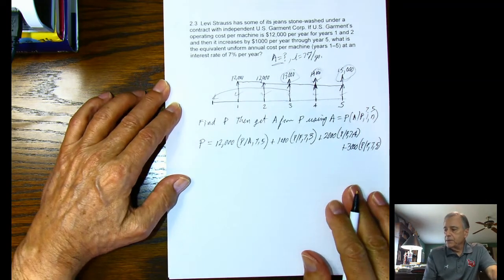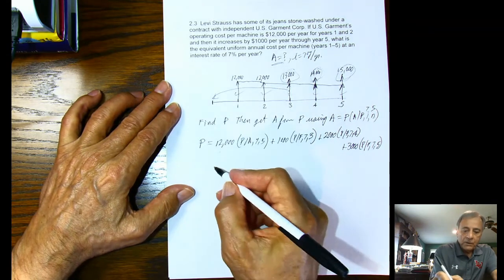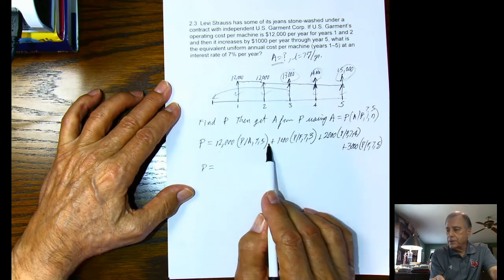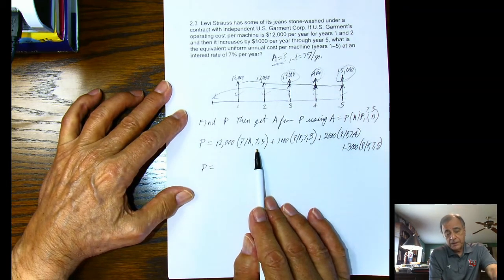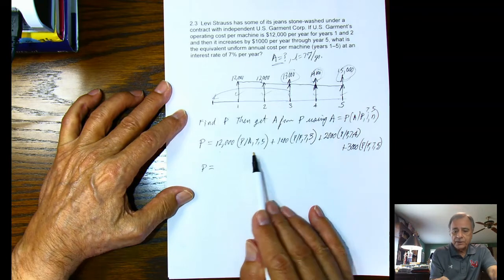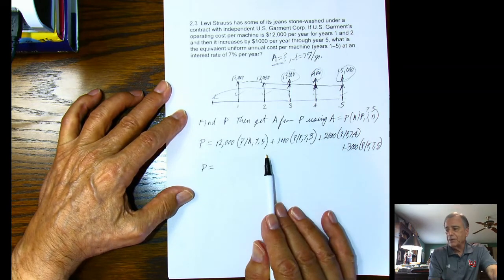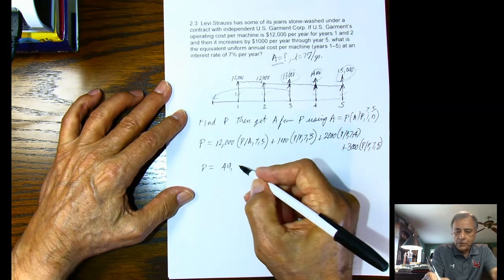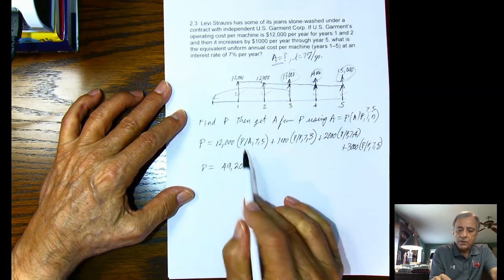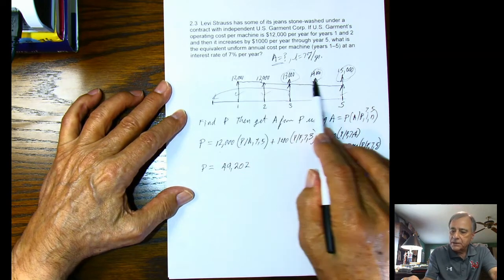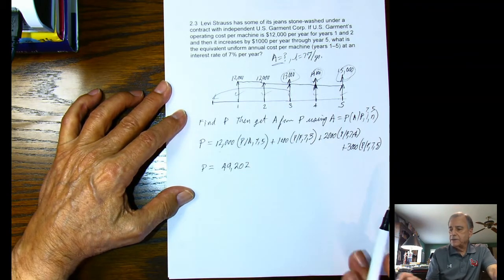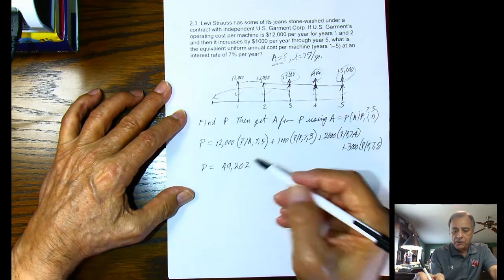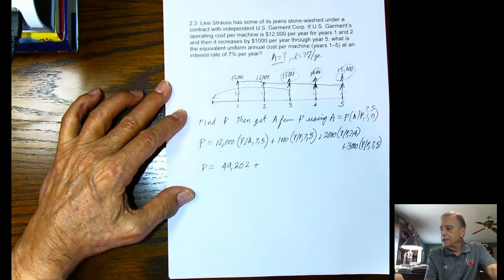If we compute this out, we will get P equals this number here. You can use your engineering economics career app, or you can use the tables, or you can use the formula, whatever you want. You will get $49,202 as the present worth of that uniform series across there of $12,000. Then we have this 1,000 that we have to bring back 3 years. And when we do, at 7%, its value is